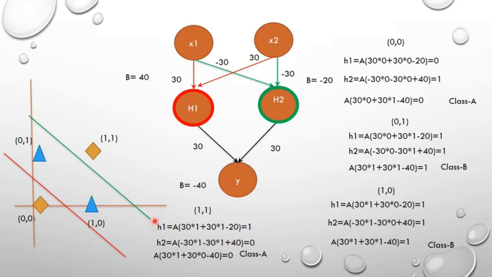Now the fact here is that neither the H1 neuron nor the H2 neuron alone can classify this problem, because H1 does misclassification for the coordinate 1 1 and H2 does misclassification for the coordinate 0 0. But when we combine both these hyperplanes, when we combine both these neurons, then the task is easily achieved. We can easily solve this classification. So this was the XOR learning, or the solution to the XOR problem.